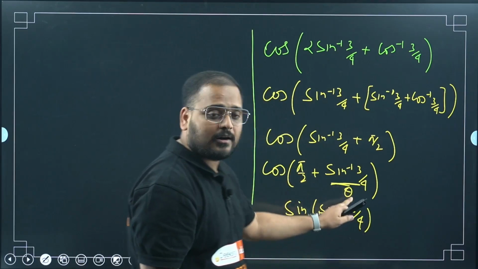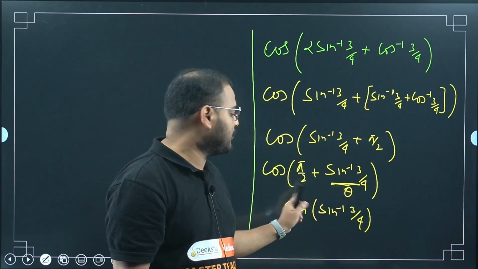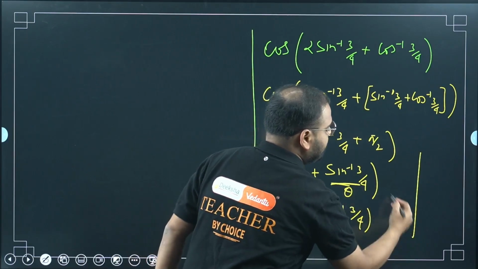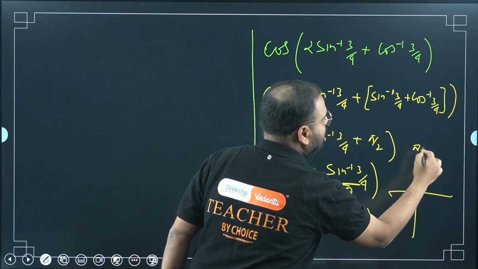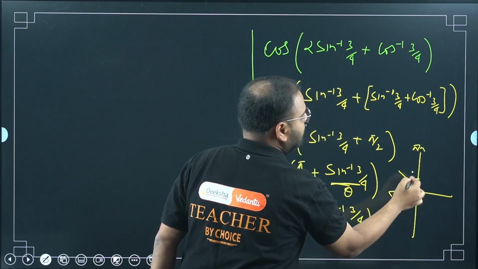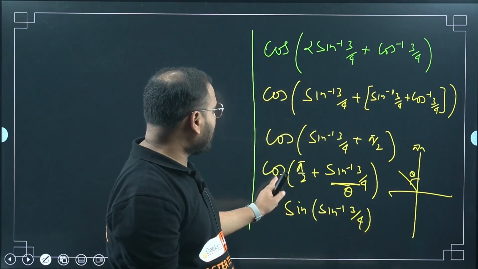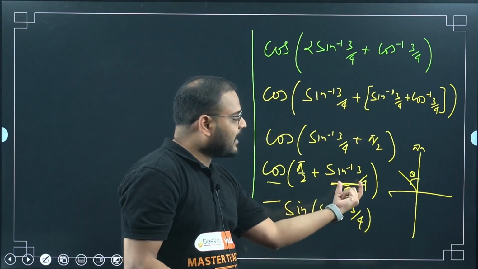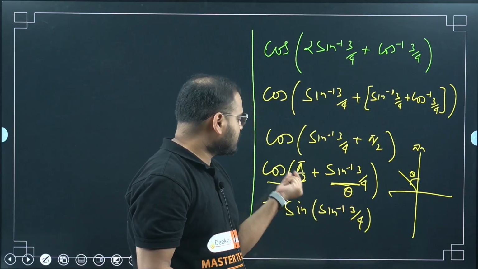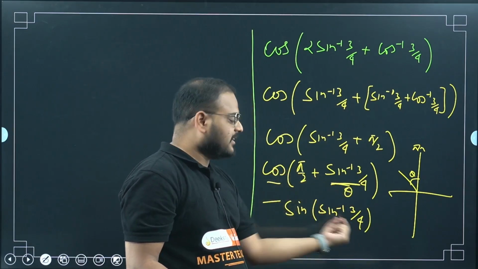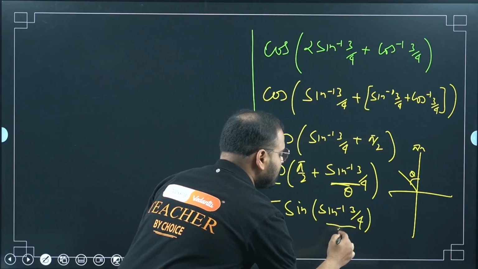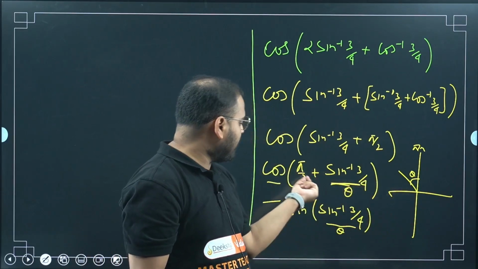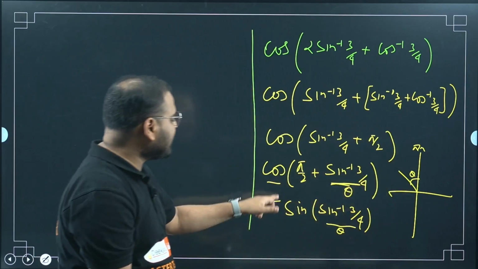But pi by 2 plus theta, if I have taken this angle as theta, what is pi by 2 plus theta? Sir, it is going to be second quadrant. Pi by 2 is this value, plus theta means second quadrant. Cos is negative in that place, so minus sign. If I take this value, it's going to be an angle only, so theta. So cos of pi by 2 plus theta is minus sin theta. Why minus, sir? Because pi by 2 plus theta is in the second quadrant, so cos is negative there.